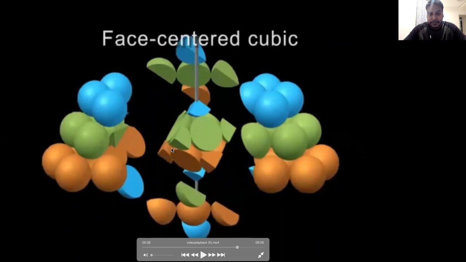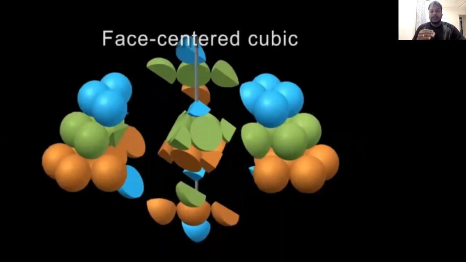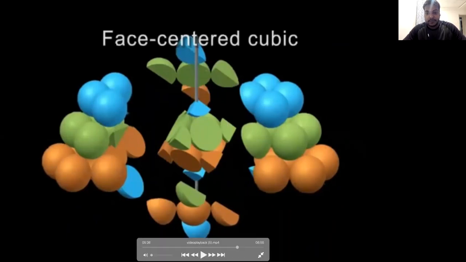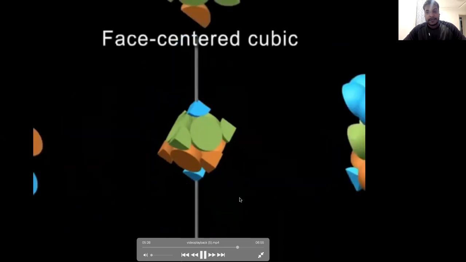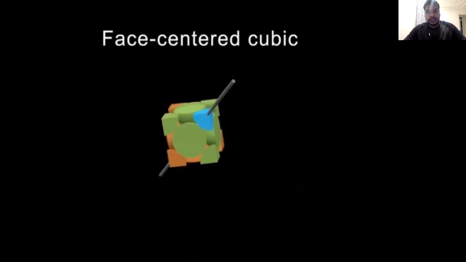And then I said the same thing for the next layering also, corner 1, corner 2, and one which is beside, and face 1, face 2, and face 3 here on the side. Clear, students? That's why I said A, B, C, A, B, C, A layering will come across, and that's how the FCC works. Clear on this packing, everybody? Right. So this is how the FCC has been formed. Clear, students?